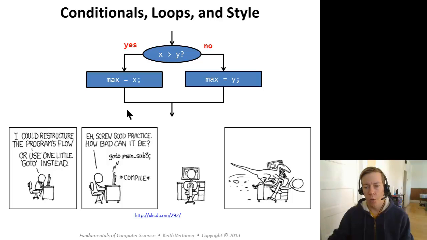You can see there's a little web comic here joking about it. If you've done some programming before, maybe you've programmed in languages that have a go-to statement. This is something that allows you to control the flow of your program just like a conditional or a loop, but it's not something that's actually in Java, and it's usually considered bad style. That's why the programmer here got eaten by the Velociraptor. All right,